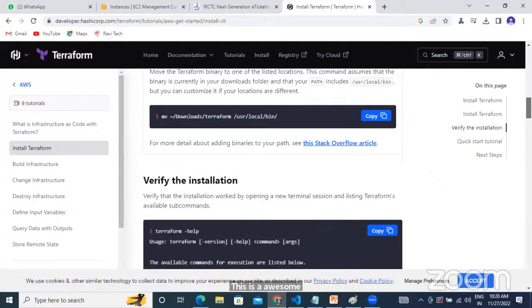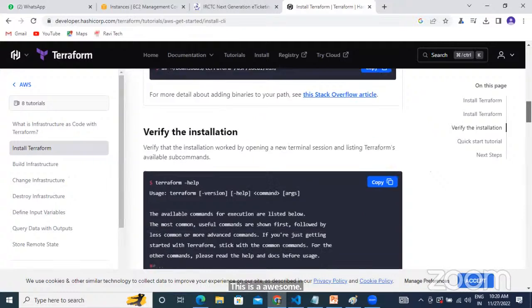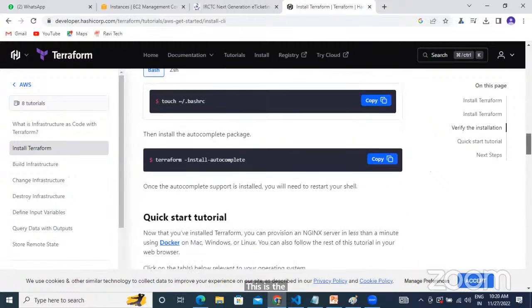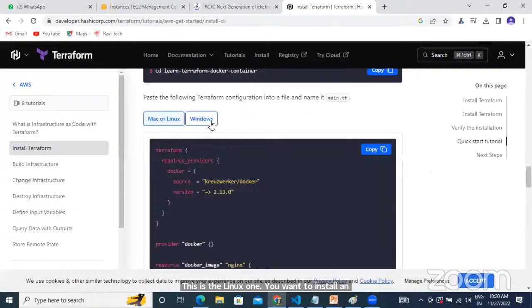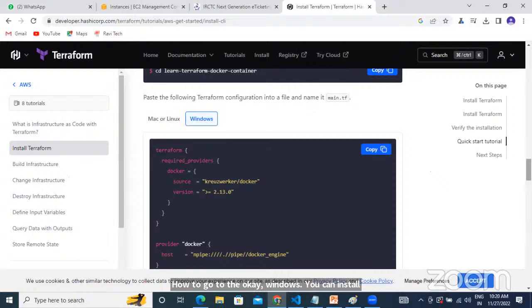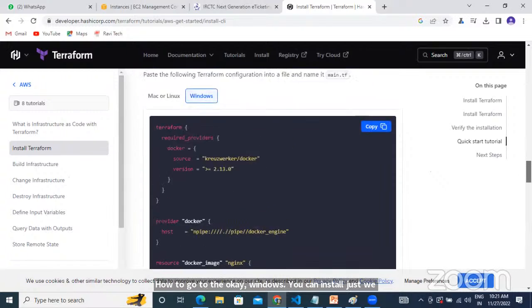This is the Linux one. If you want to install on Windows, you have to go to the Windows section. Just download the